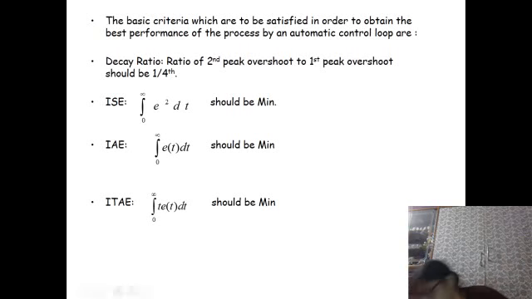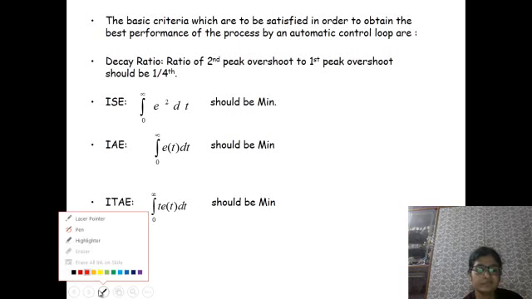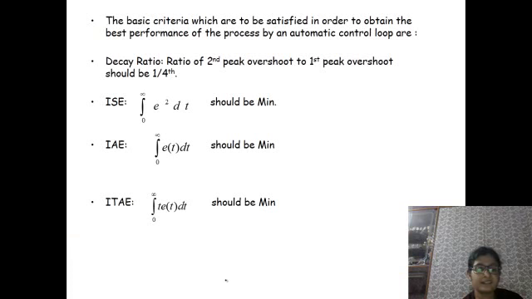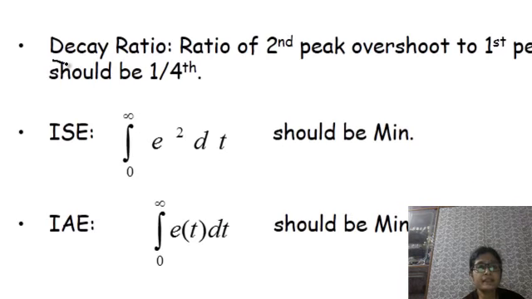The parameters are decay ratio and the different error signals. What is decay ratio? Decay ratio is the ratio of second peak overshoot to first peak overshoot, and that should be within 1/4. The value of the decay ratio should be